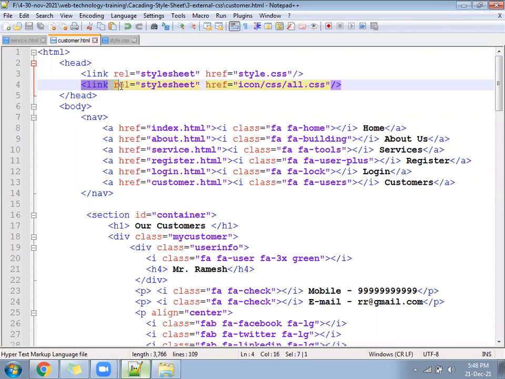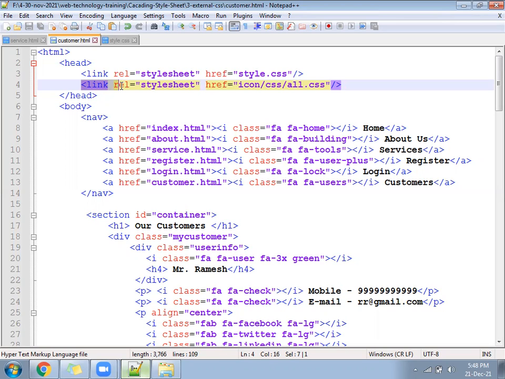So with CSS, when you use the import method, how does it work? Your file is available in the server. When the user opens the page, the request will go from the user to the server, and from the server, the import method will read the content of the CSS, bring it and write it into the user's computer. Then output will be generated. Reading and writing will not be visible. That is called security. Read, write, execute, that's all. You can't see the CSS code in the case of import. But in the case of what we are following now, anyone can download your file. I'll show you how it will go.